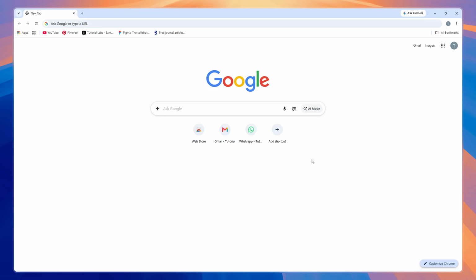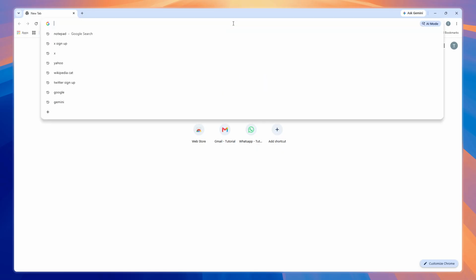First, open your Google Chrome browser on your computer. Once Chrome is open, direct your attention to the address bar at the top of your screen where you normally type website URLs. This is where you'll be entering a special Chrome command to access the flags menu. In the address bar, type